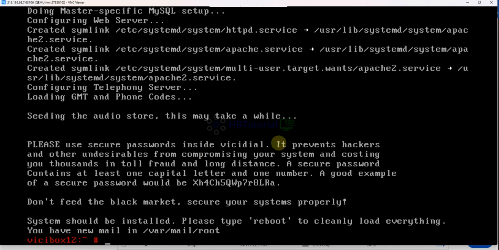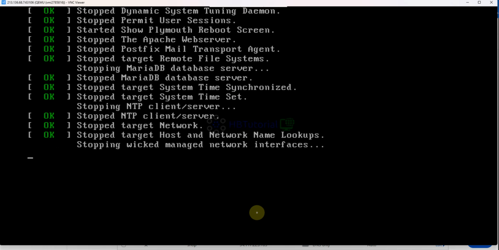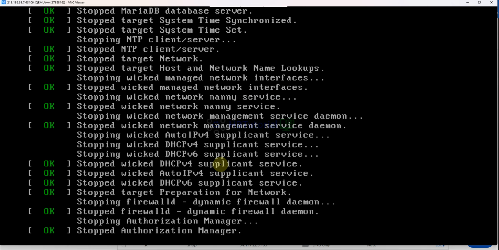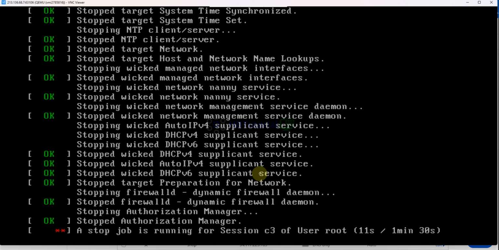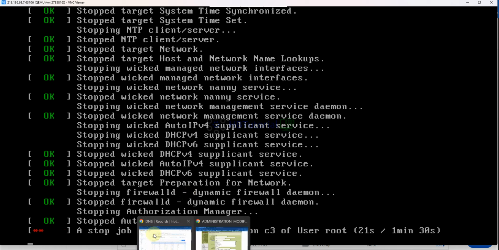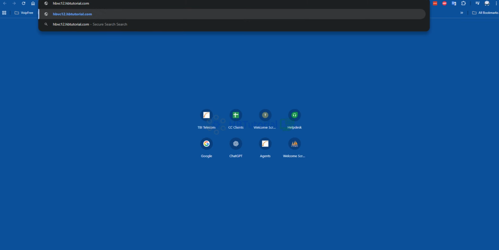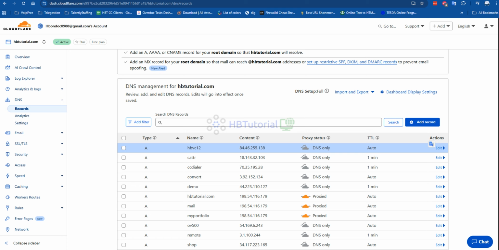Okay, as you can see, it has been installed. Gonna try to reboot now. And this is our domain, it should be HBVZ12.